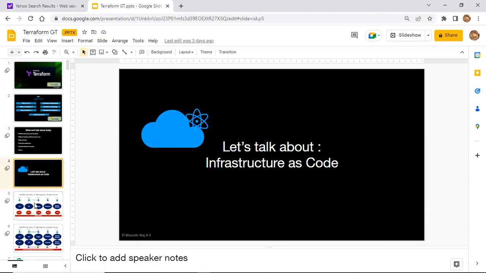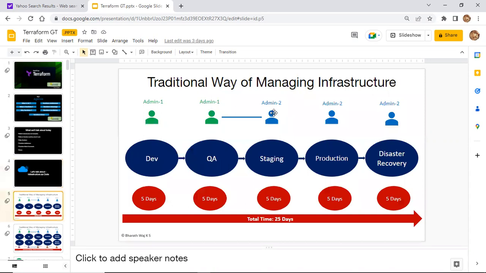Now the next thing, why Terraform? For that, we need to understand the traditional way of creating environments. There will be an admin; if you take the CI/CD process, for the CI process there will be one admin, and for the CD process another admin.